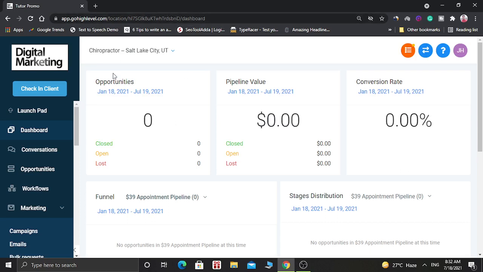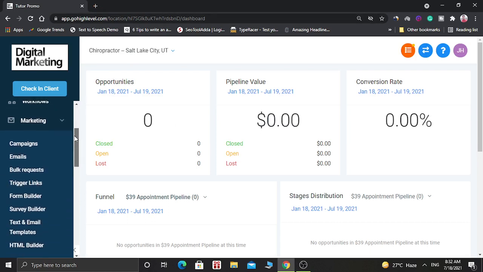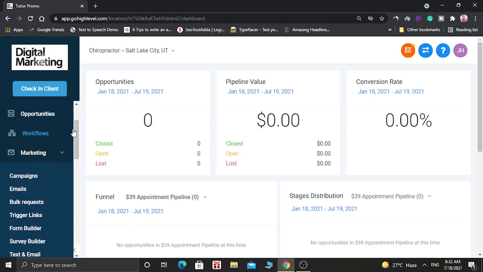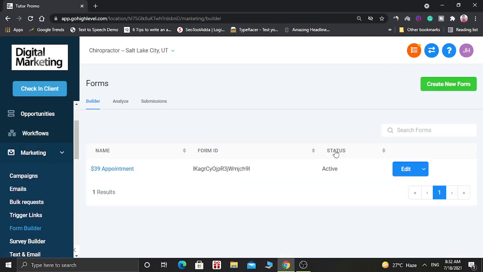First of all, log in to the GoHighLevel software and go to form builder and click on create new form.